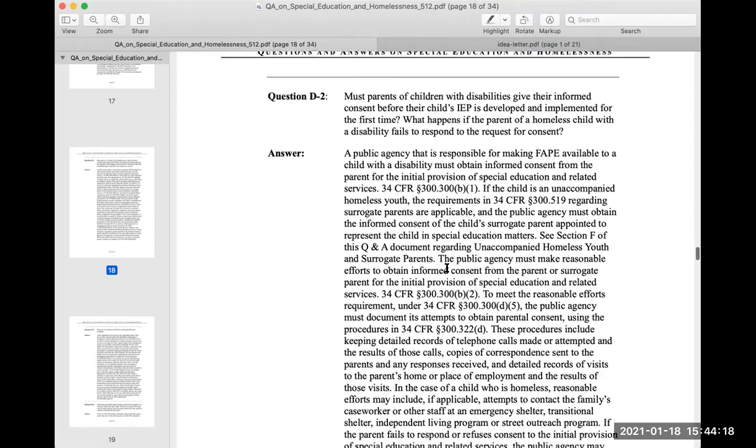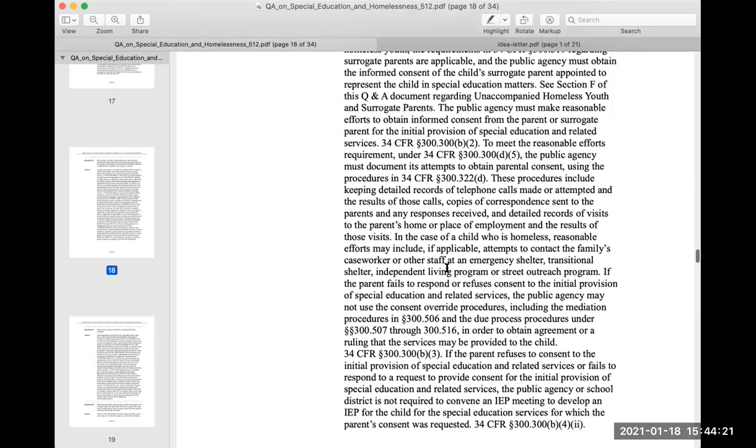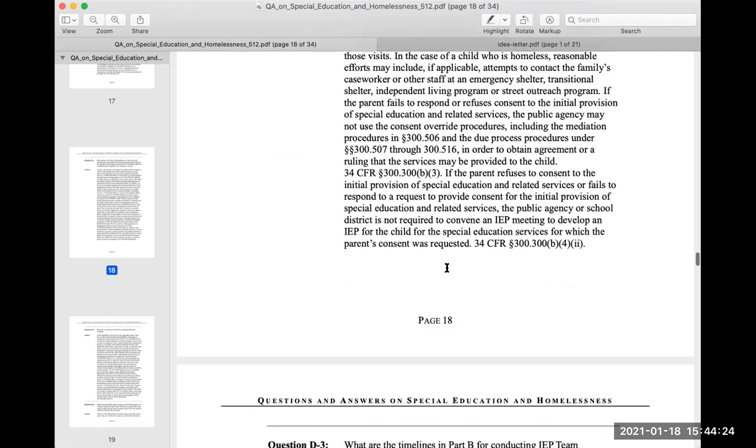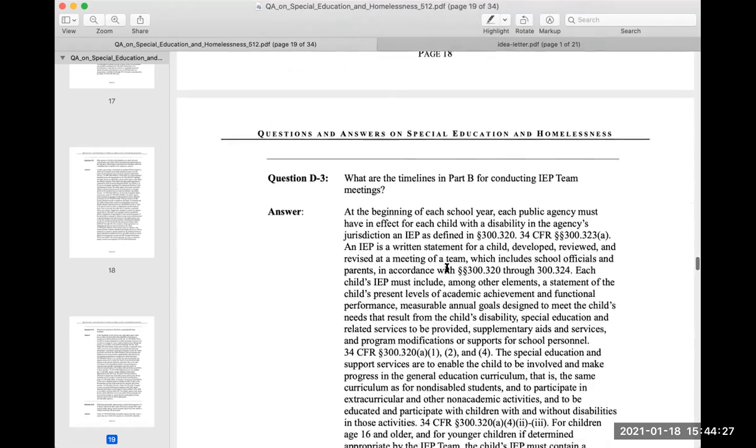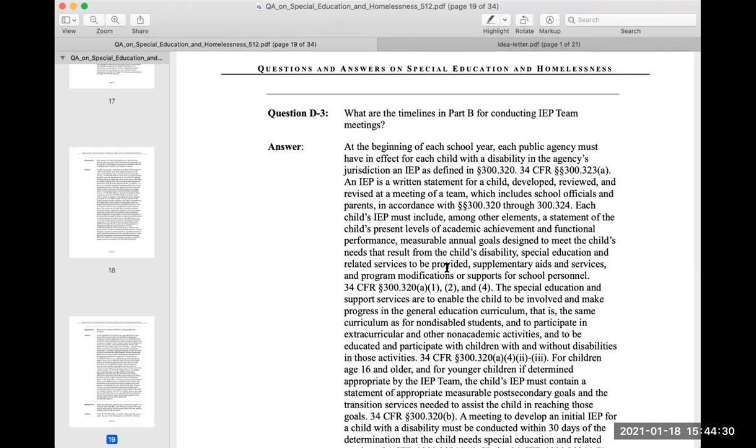In interpreting evaluation data for purposes of determining whether the child is a child with a disability under 34 CFR paragraph 300.8, and the educational needs of the child, each public agency must draw upon information from a variety of sources, including aptitude and achievement tests, parent input, teacher recommendations, as well as information about the child's physical condition, social or cultural background, and adaptive behavior. 34 CFR paragraph 300.306(c)(1)(i). Each public agency also must ensure that information obtained from all of these sources is documented and carefully considered. 34 CFR paragraph